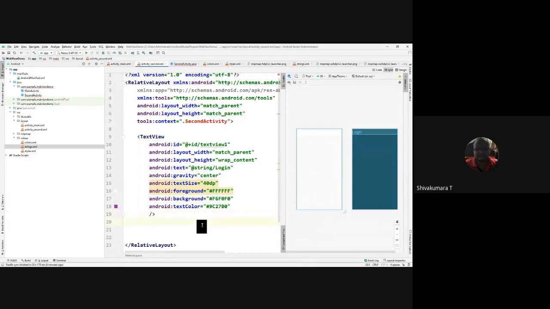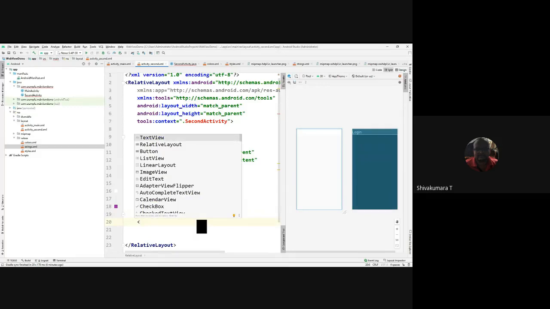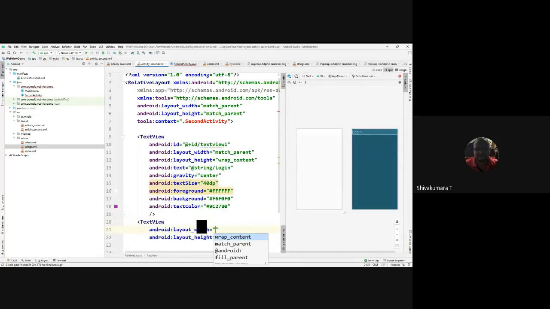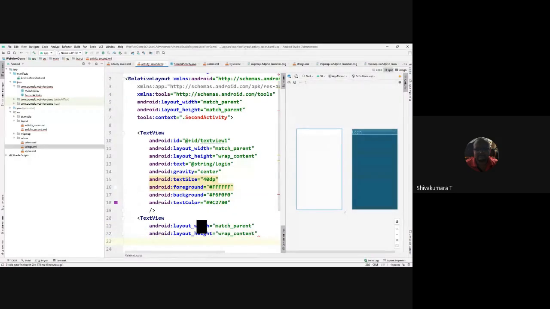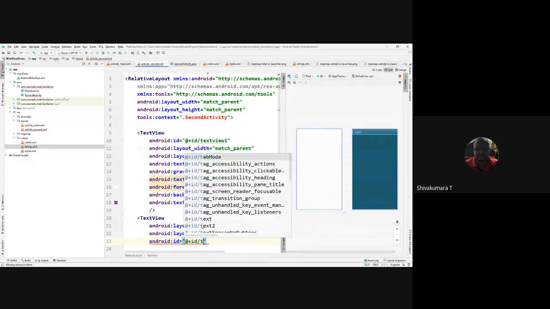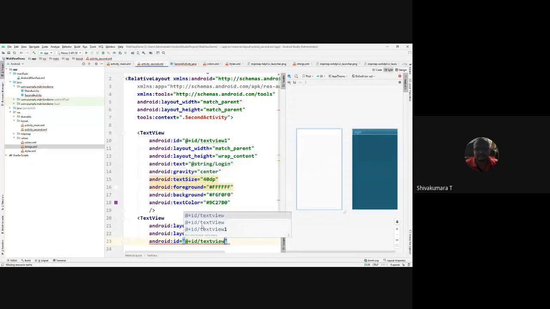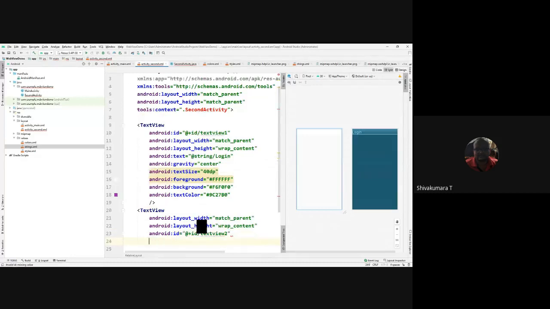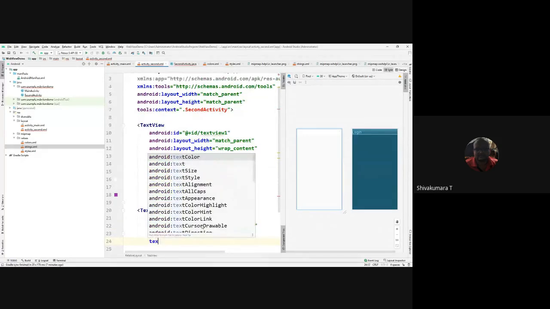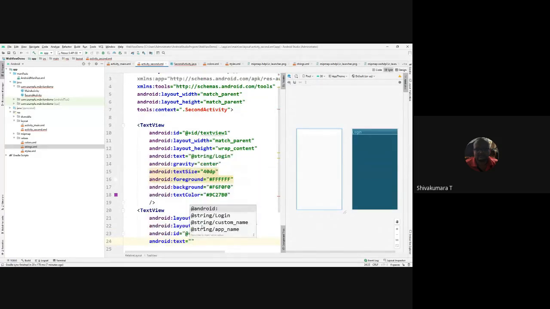Then after that, for username, again one more text view is required. Text view, match parent and wrap content. Then ID text view 2. So text is username. This is called hard coded.